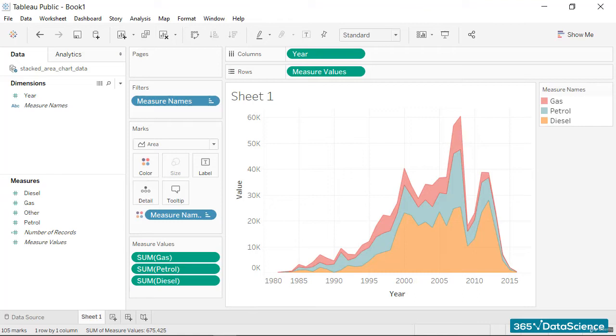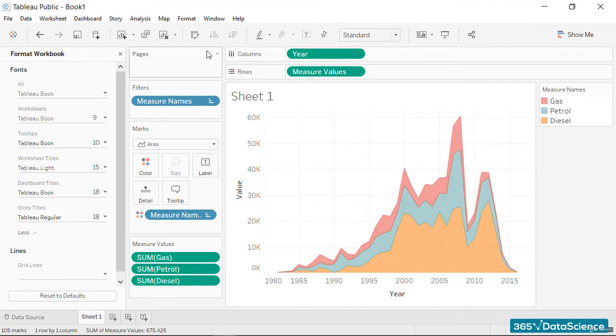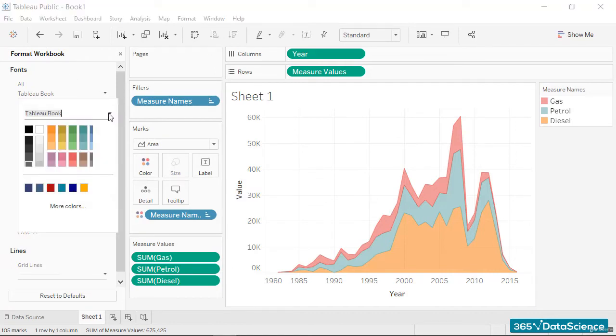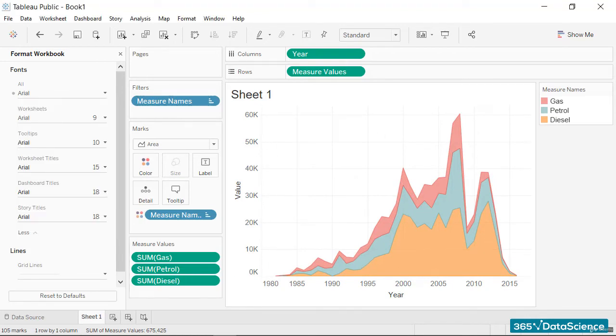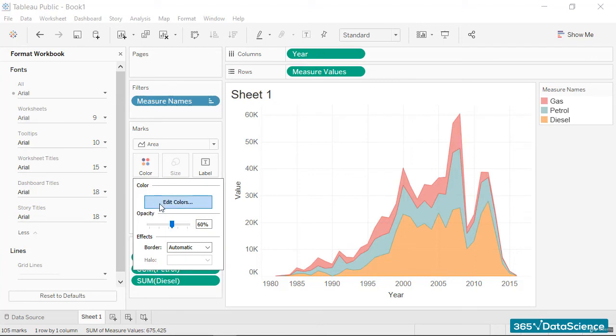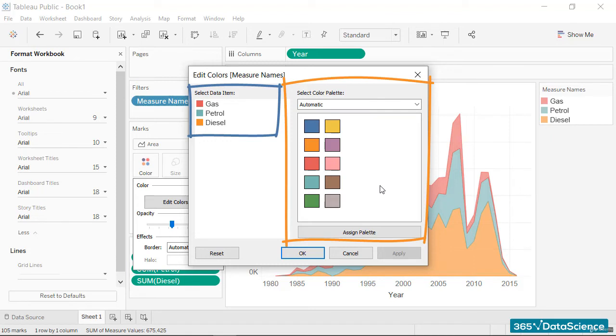And now it's time to change the font of our workbook. We should click on Format, Workbook, and select Arial as our preferred font. Good. What follows? Well, let's choose a different color scheme. For this lesson, we'll custom choose colors for our chart. We'll have darker colors on the bottom and a bright color for the category on top. Let's click on the color and select Edit Colors. A menu appears, showing us the three areas of our chart on the left and options for color palettes on the right. Here, instead of a color palette,